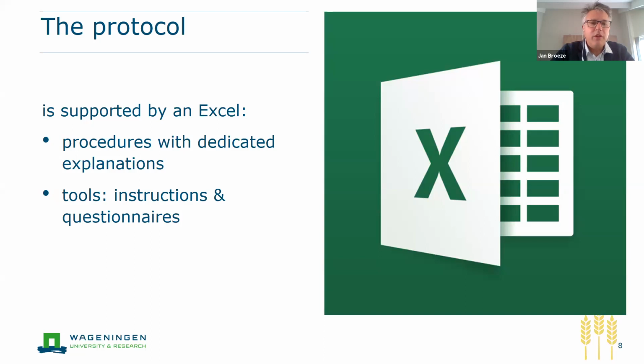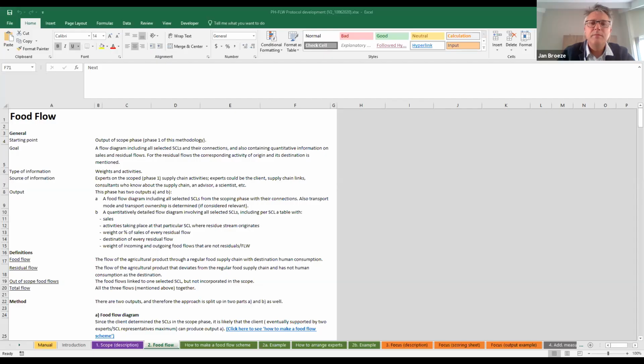And now is the time for me to hand over the key to Melanie. Melanie will show us some of the protocol. I will stop sharing my screen. How do I do that? Yes, thank you, Anne. I will share my screen. So, do you see it in the right size? Can you read it? You don't have to read it in full, but...